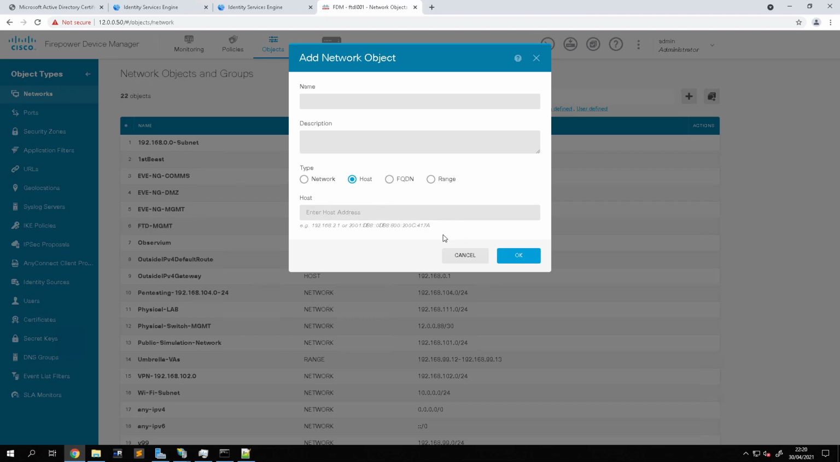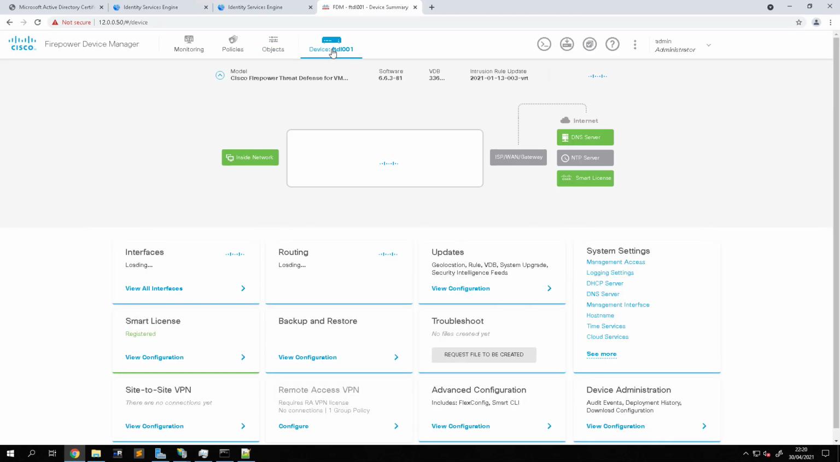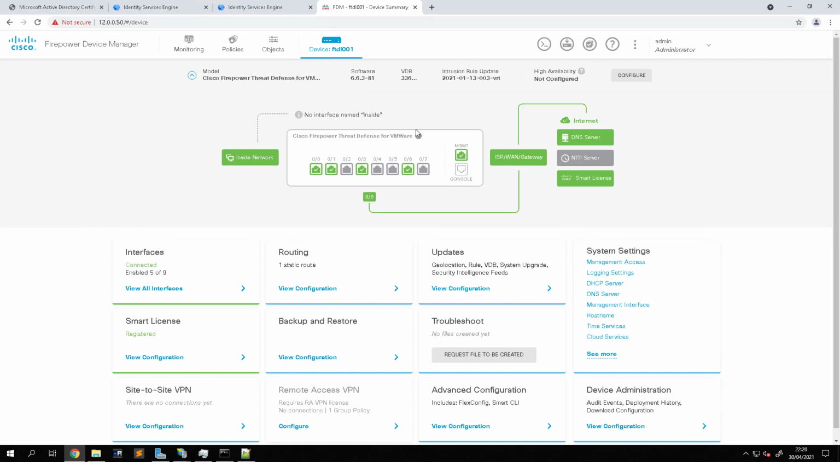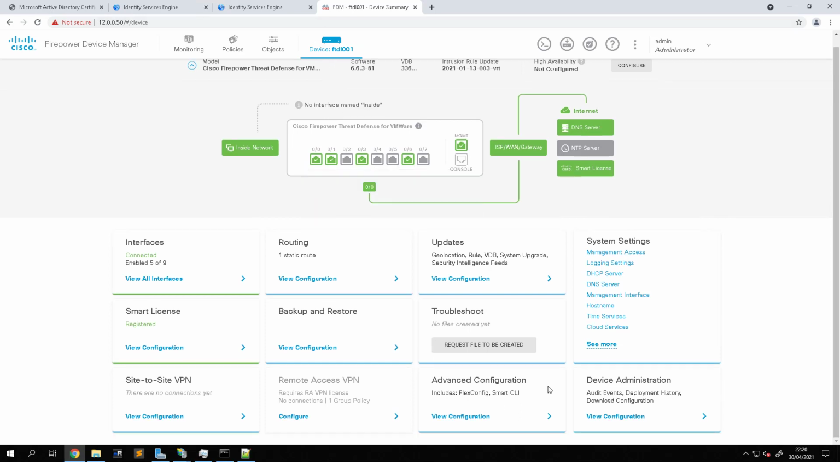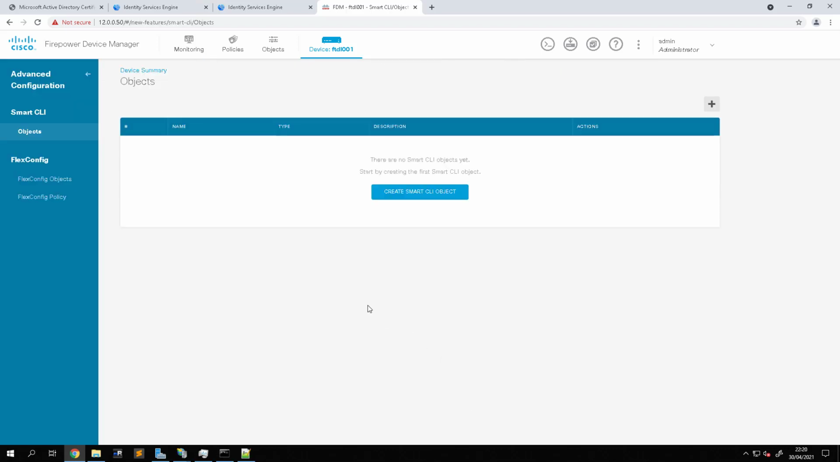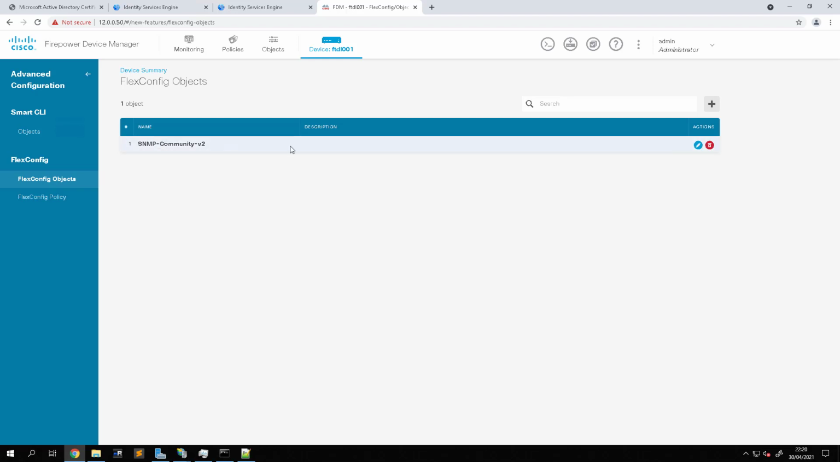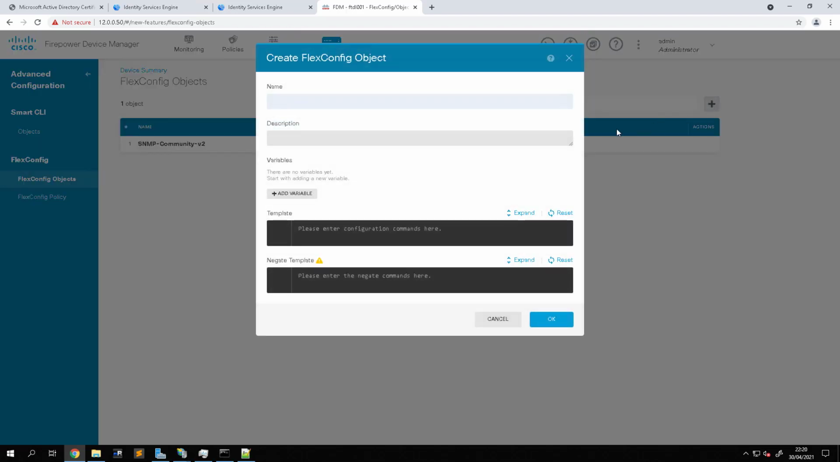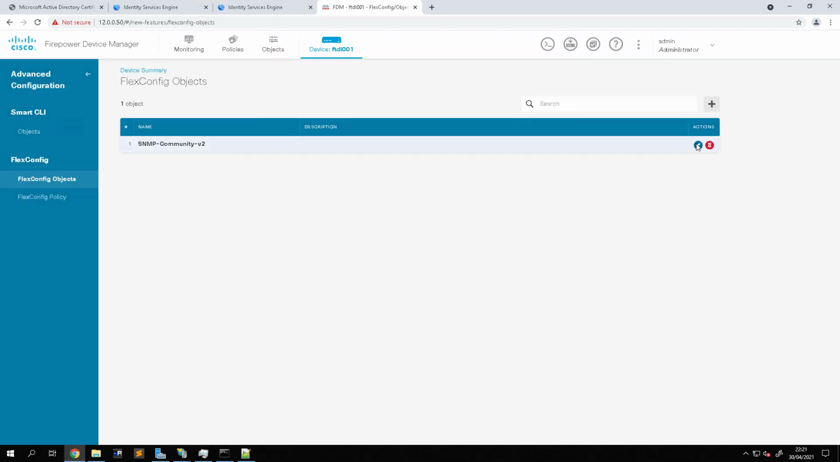Once the objects are done, we then need to go to FlexConfig. So if we go back to the device and down to advanced configuration, which includes the FlexConfig, we click view configuration, and then we go to FlexConfig objects, and here we create a new object. Give the FlexConfig a name, and then we're going to add our variables into the template. So if we take a look at the one that I've done earlier,